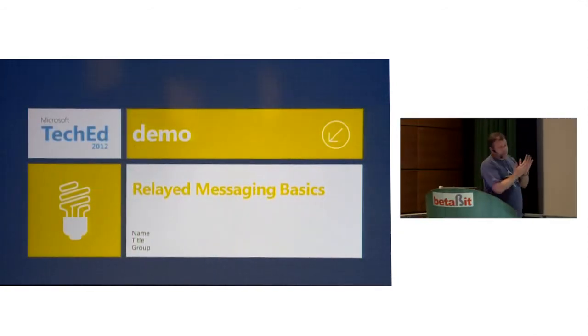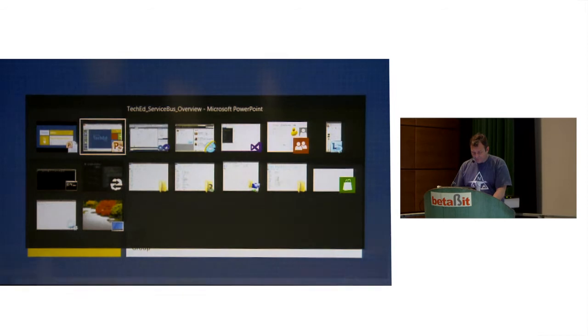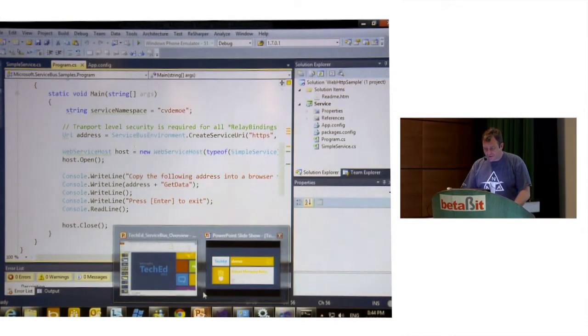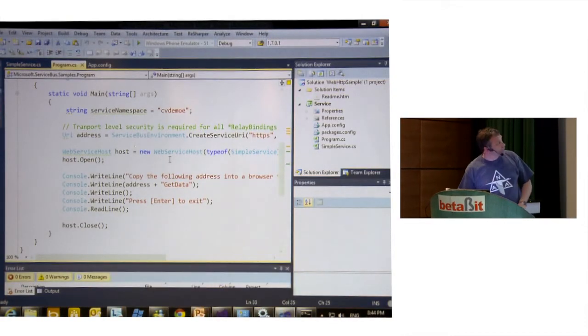So relay messaging, to give you a little bit of an insight of how this works. Here's a very simple demo service. What you see here is a, let me make this a little bigger for you because